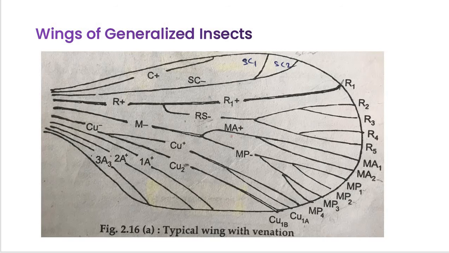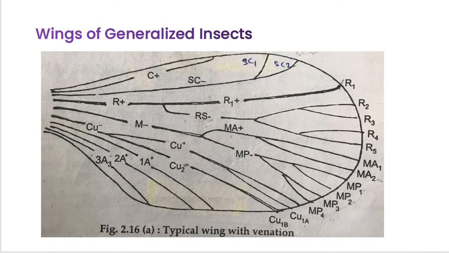Such wings articulate with the thorax and consist of flattened lobes of integument, and such lobes are supported by hollow veins. Now the wings are usually modified in various ways, and here there are forewings and hind wings, two pairs of wings. The forewings are hardened structures, and the hind wings are membranous structures.